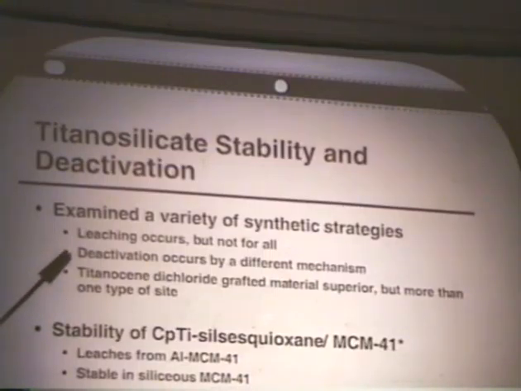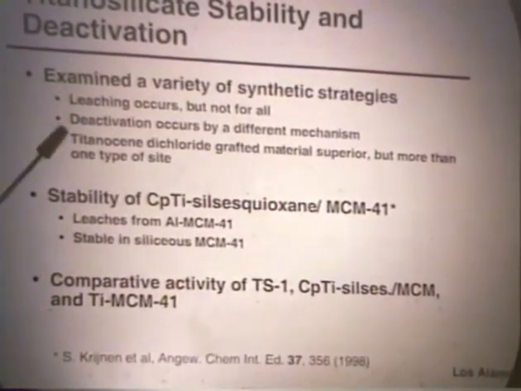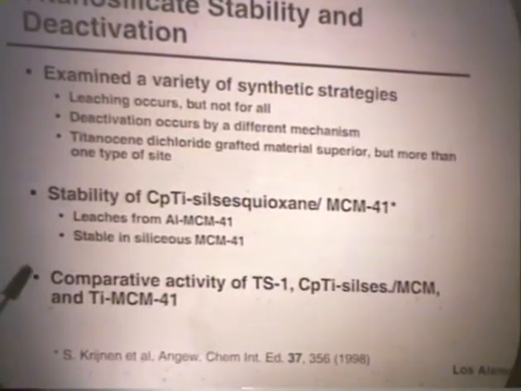For those of you who are familiar with titanium MCM41 syntheses, the synthesis as reported by Thomas, where he prepares titanocene dichloride, a modified material, and then calcines off the cyclopentadienyl rings to make an isolated titanium on the surface, is probably the best route to making nicely distributed titanium on any of these silicates.